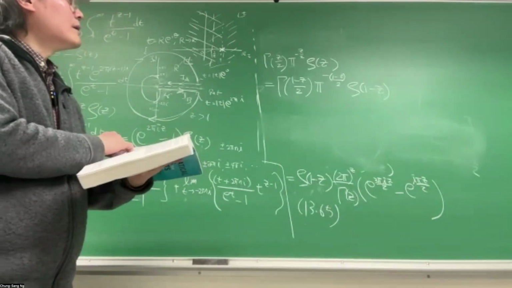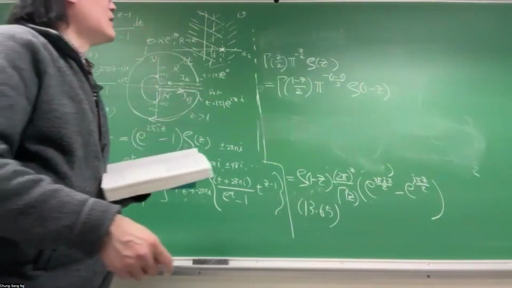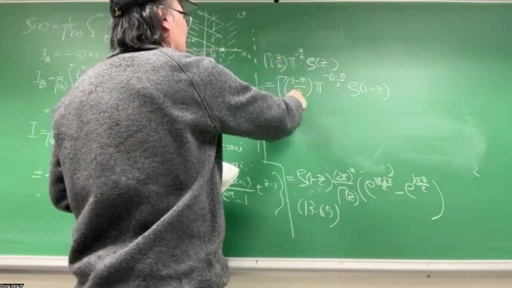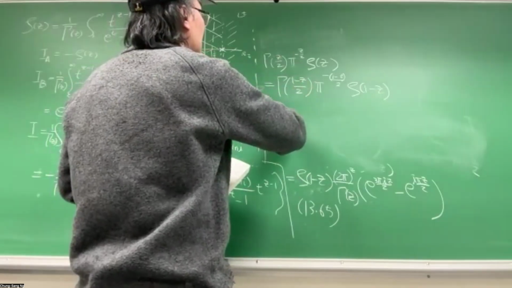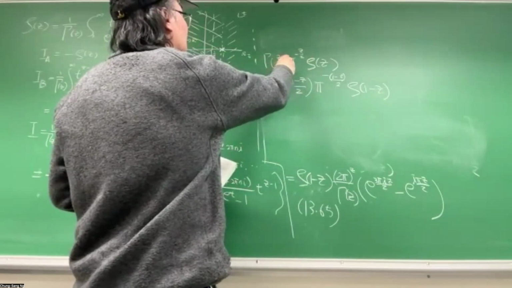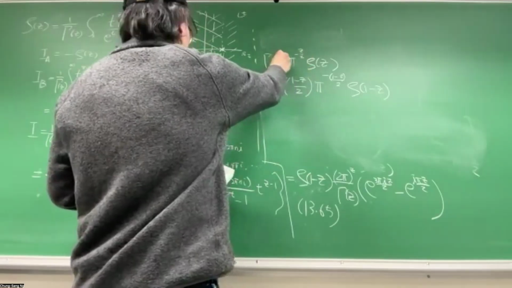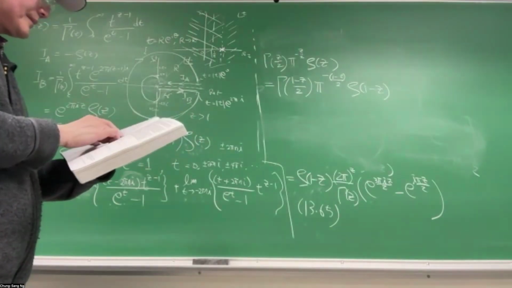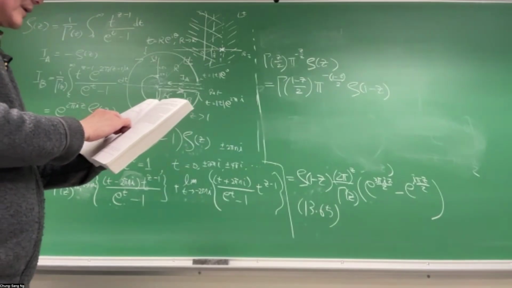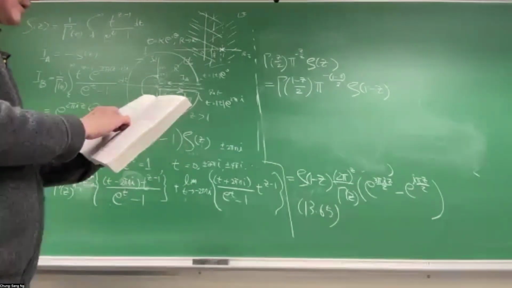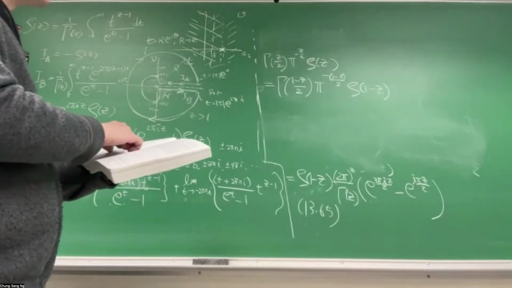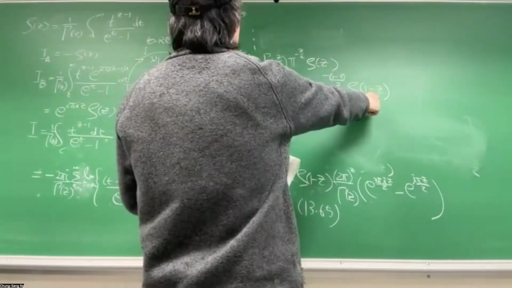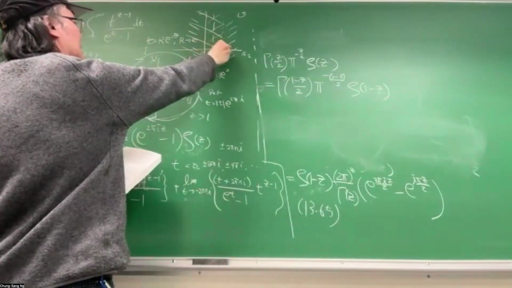And that actually gives you the formula relating gamma 0 to z equals 1. I should say that gamma 0 and gamma 1 are related. If you use the reflection formula,